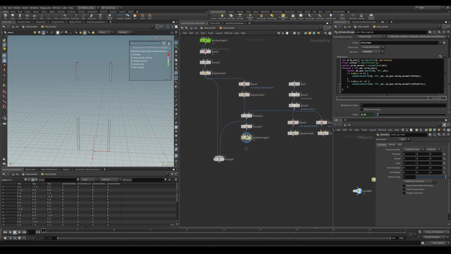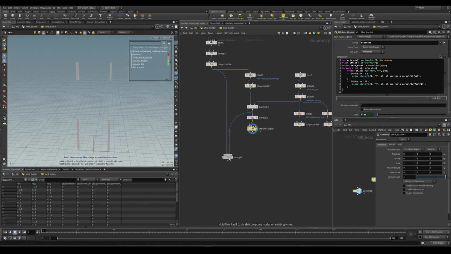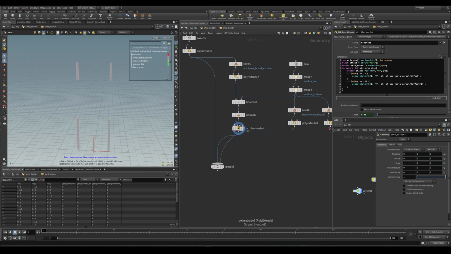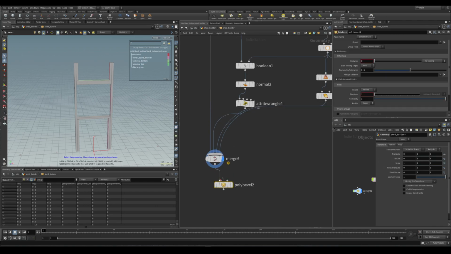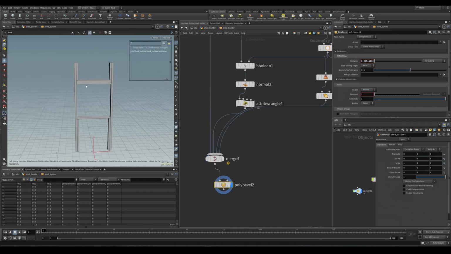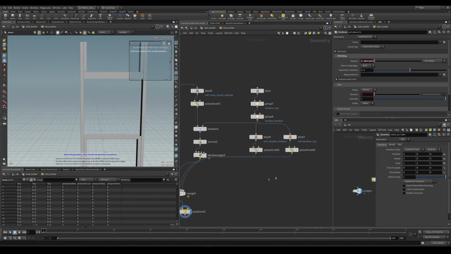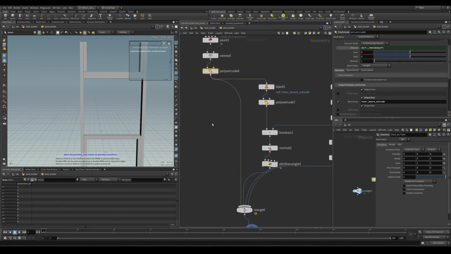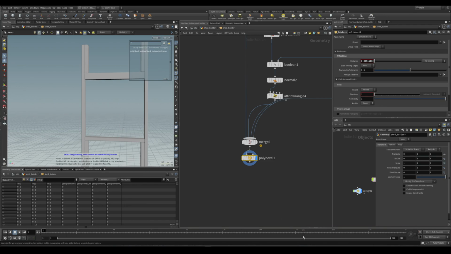And if we start to put all these together, we should have something like this, and let's also bevel them so that you can easily see the setup. Also remember to in poly extrudes also output backs, because by default they are not turned on. So let's start looking at it. We are getting something close to this